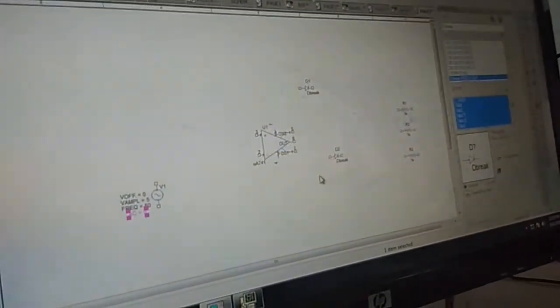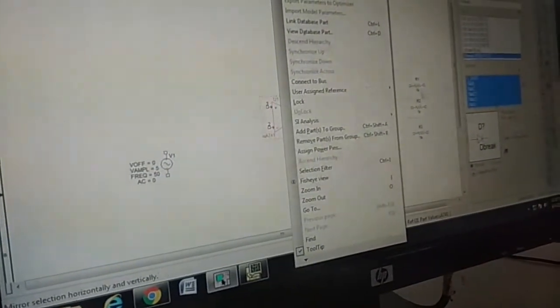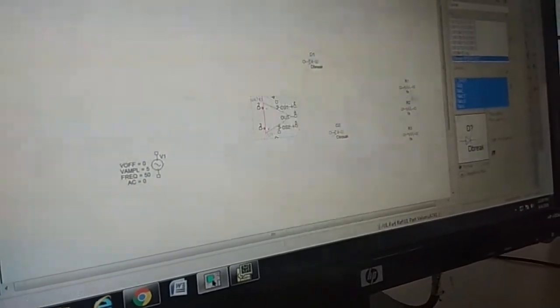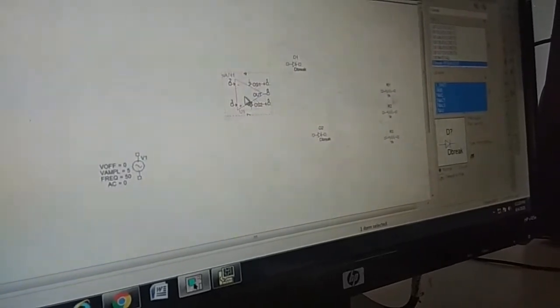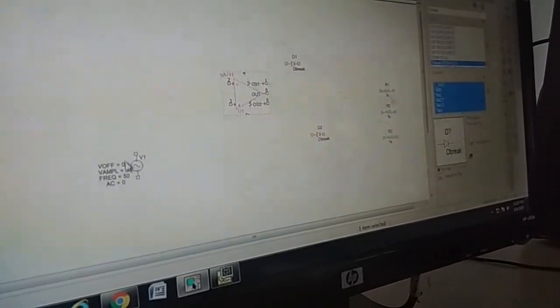Now after placing all the components, we need to start rigging up the circuit as per the given circuit diagram. We will rotate the components as per convenience. Now we will start connecting the devices using the AC source.